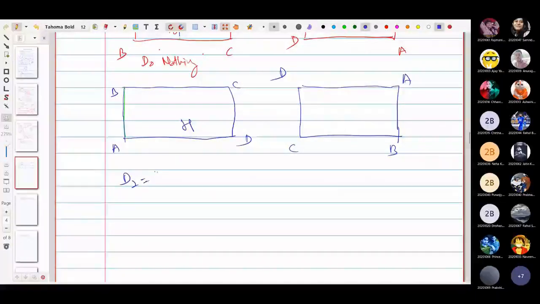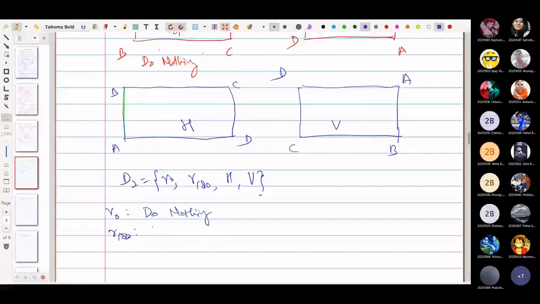So here you are going to get, this is a vertical, so you are going to get R0, do nothing, and then R180, then horizontal, then vertical. Okay, so you can explain it a little bit. R0, that is do nothing, and then R180, rotate. If you are rotating it anti-clockwise, then rotate anti-clockwise by 180 degrees. Okay, then similarly horizontal flip and then vertical flip.